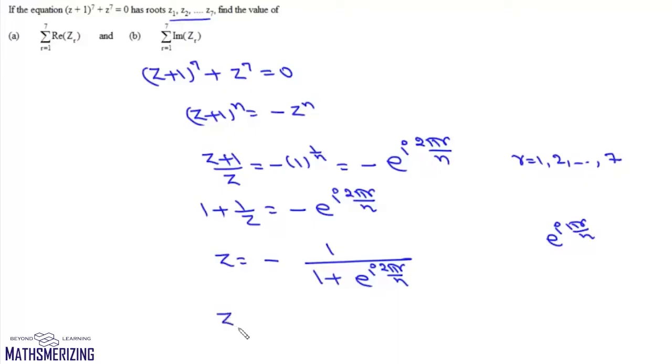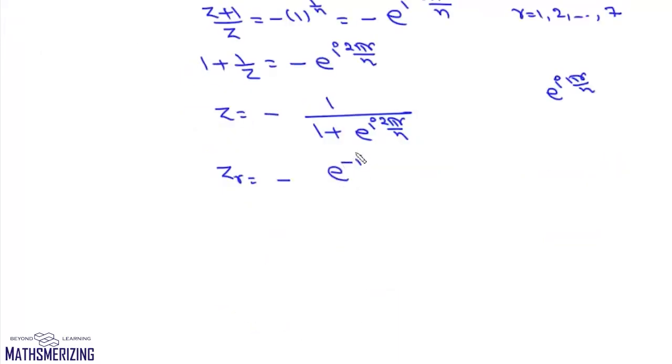Then we can write this zr as minus e to the power minus iota pi r by n upon e to the power minus iota pi r by n plus e to the power iota pi r by n, which is minus